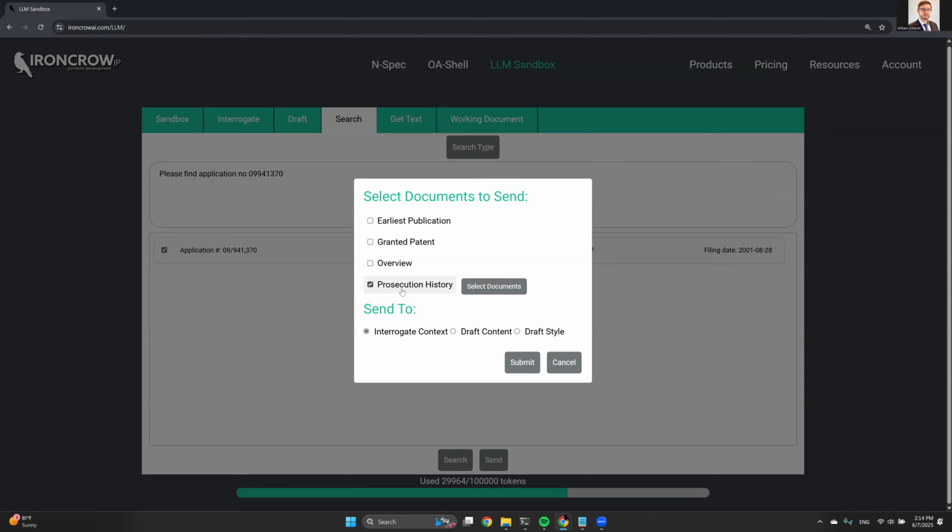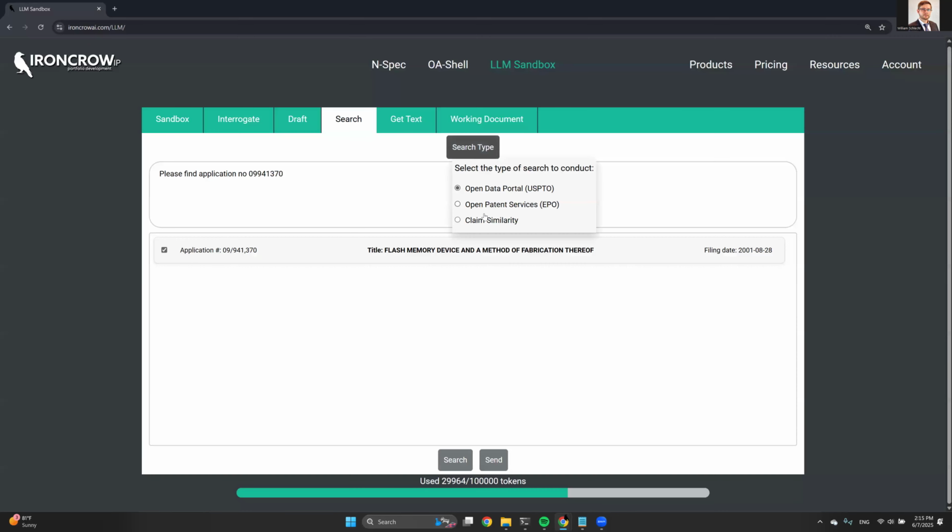Or if you want to find some potentially useful arguments in cases that are really similar, this could be particularly useful if you use the semantic search or the claim similarity based search. Say you find there's a really similar application in which the claims were rejected as abstract under 35 USC 101. That could be really helpful to find arguments that either were or were not able to overcome that rejection in that similar type of application, because those arguments are probably going to apply in your case. So just a few examples that I've thought of and used the tool for, but I think it's a very